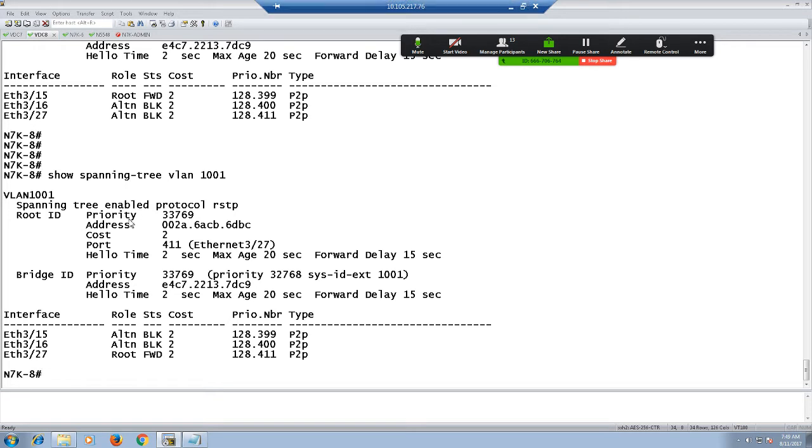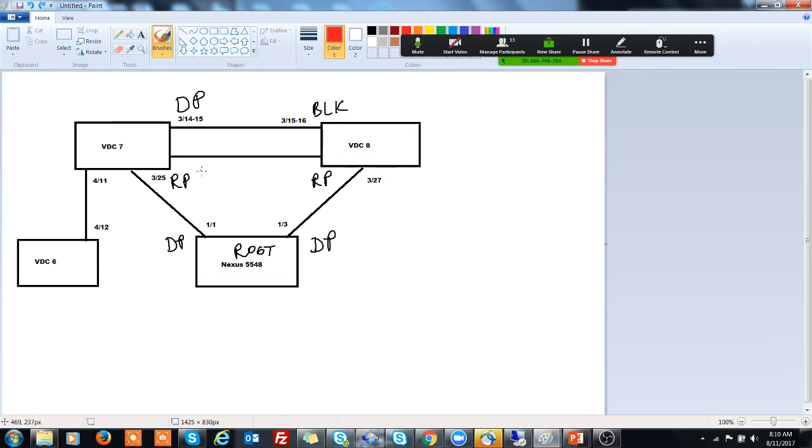Now, to simulate this particular problem, my main approach is that I have to filter the BPDU so that the blocking port goes from blocking to designated port. But remember, whenever we implement BPDU filter, it doesn't mean you have to disable the port from a data flow perspective. We are just doing some provisioning only from the spanning tree side. So this is one approach that I'm going to use, and that also shows that you should not apply BPDU filter anywhere in your network. You should only apply BPDU filter on the edge of the network, ever.